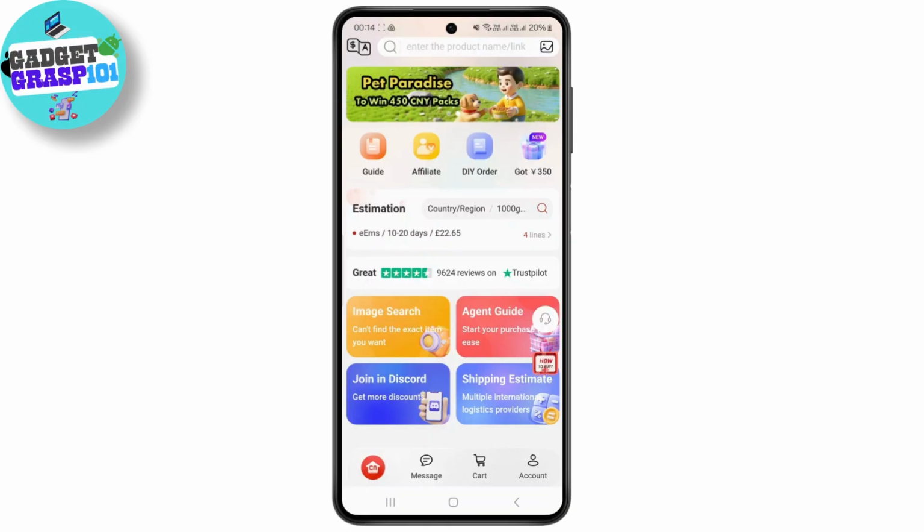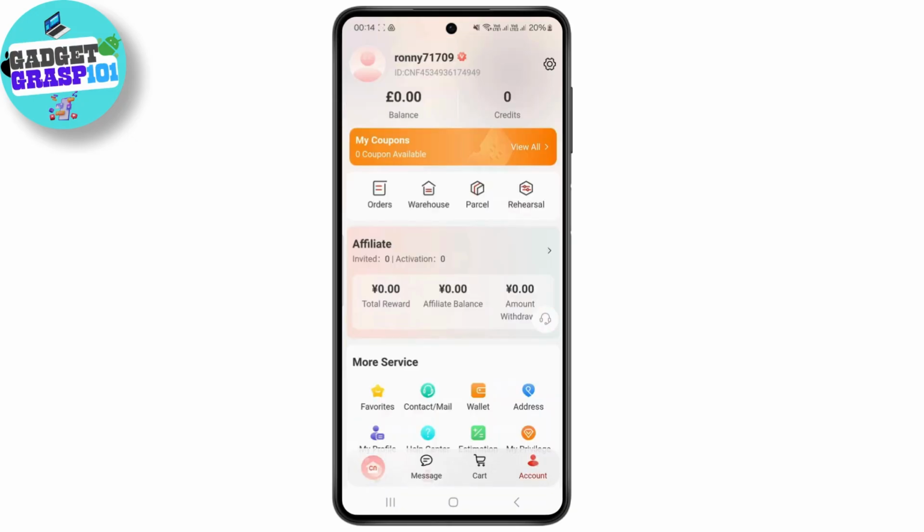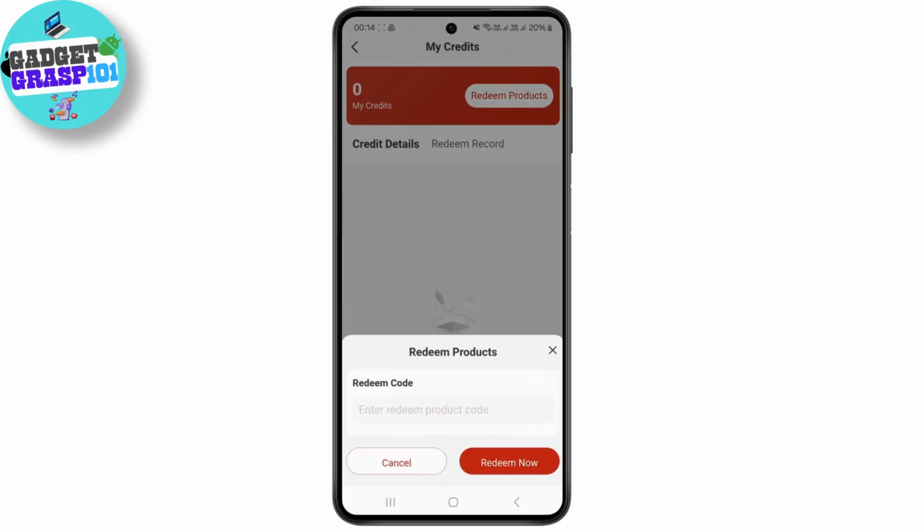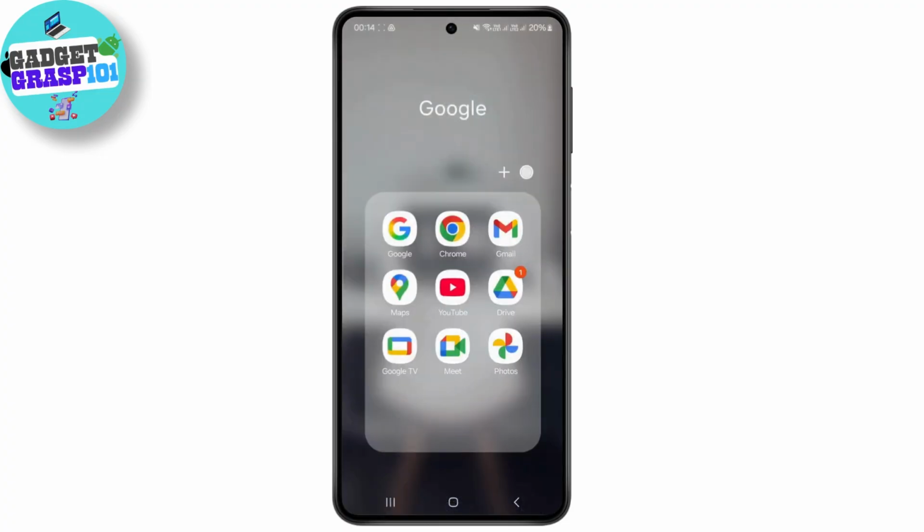So first, just open up your cnfans application and make sure you have logged into your account so that you will be able to visit your credits. So here under my account section, you can see there is a credit option. So just tap on this, and to redeem a product code, first you have to head over to this website